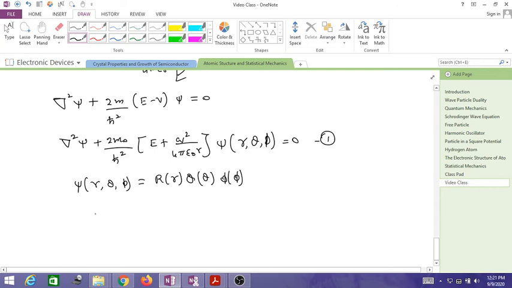Now here is the hydrogen atom wave function, and this is called the atomic orbital. To represent the atomic orbital of one electron, we need the wave functions with some values of n and l. The value of n can take any integer value from 1 upward, and l takes the value from 0 to n minus 1.